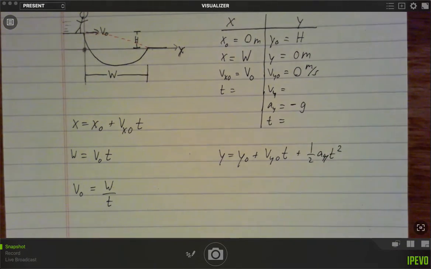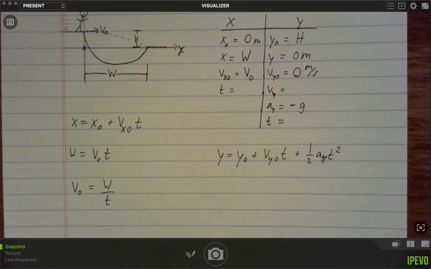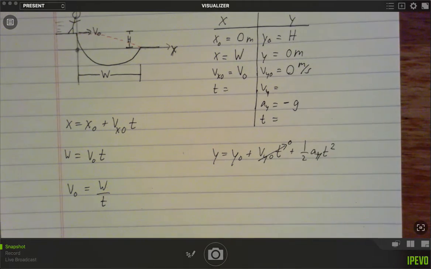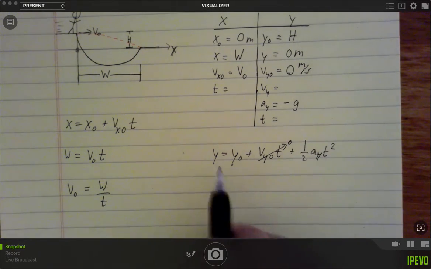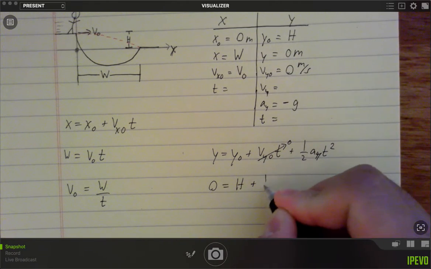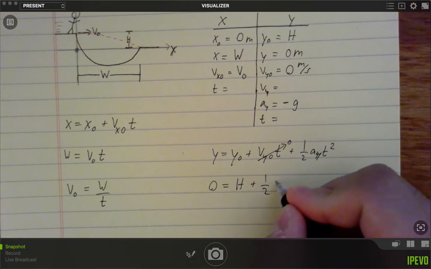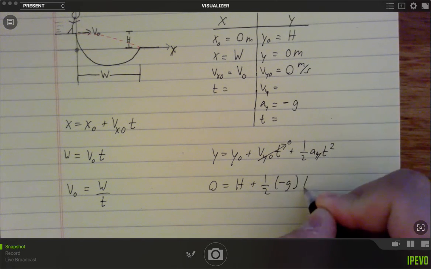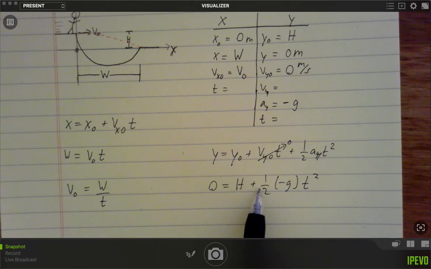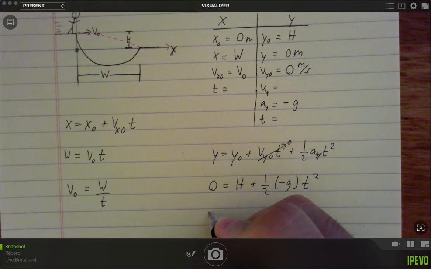I don't even need to involve that at all. In this equation, the Vy naught term cancels, and y is 0. So I can fill in 0 equals h plus 1/2 times the acceleration in y, negative g, times t squared. I can simplify this and subtract 1/2 negative g t squared from both sides, and I end up getting 1/2